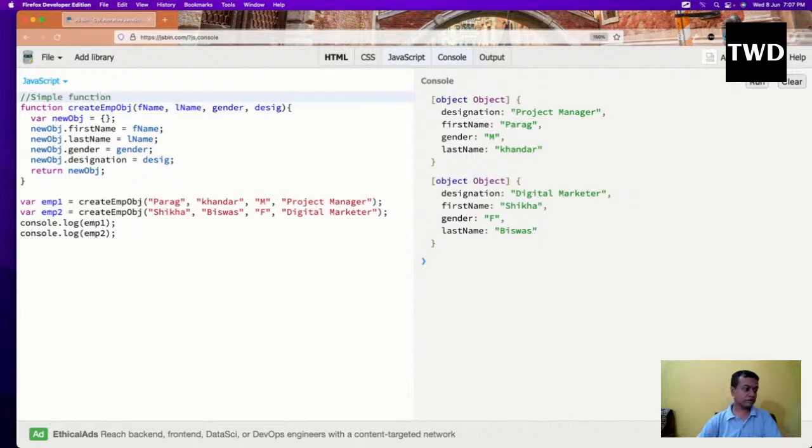Why simple function? Let me also write this thing: function to create employee object. Function to create employee object it is. Okay, now we'll look into the main thing, which is the constructor function, which is actually a very important